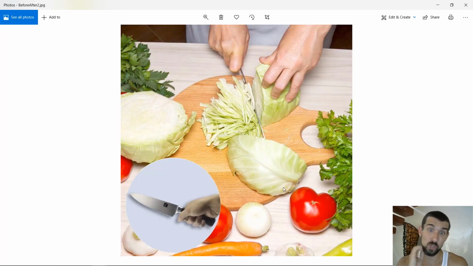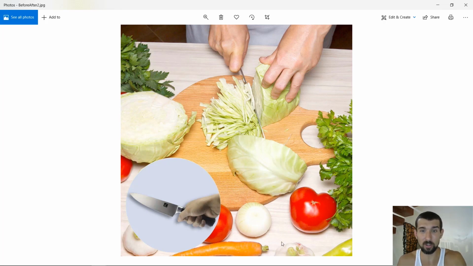Next, we have in action before and after. So we have the before and after veggie here, and here it's getting cut. It's also a lifestyle image, so to say, but it's also a before and after image because we see how it looks before, how it looks after. This shows the person in his mind how it's gonna work. So it definitely worked because it did cut it really well. The person is cutting the veggie and it's getting cut really nice. There are some other veggies there. It's a beautiful picture generally.